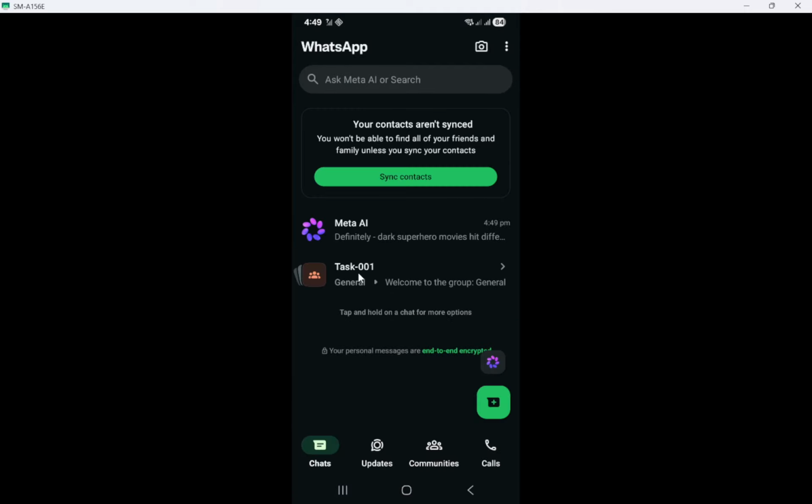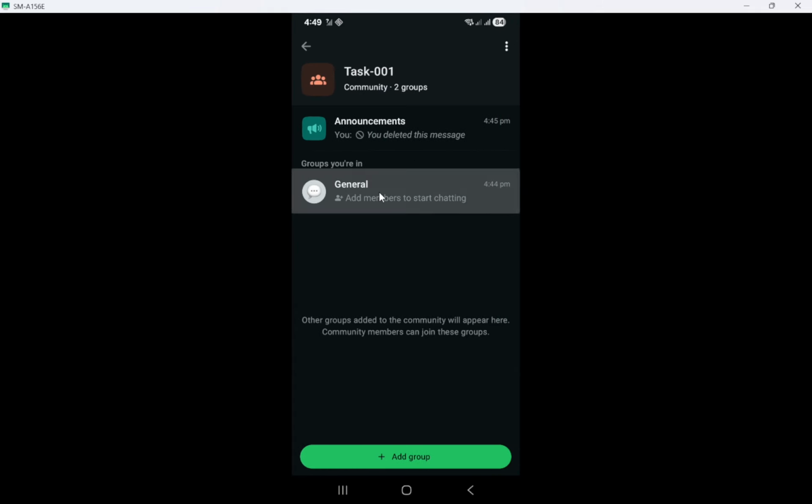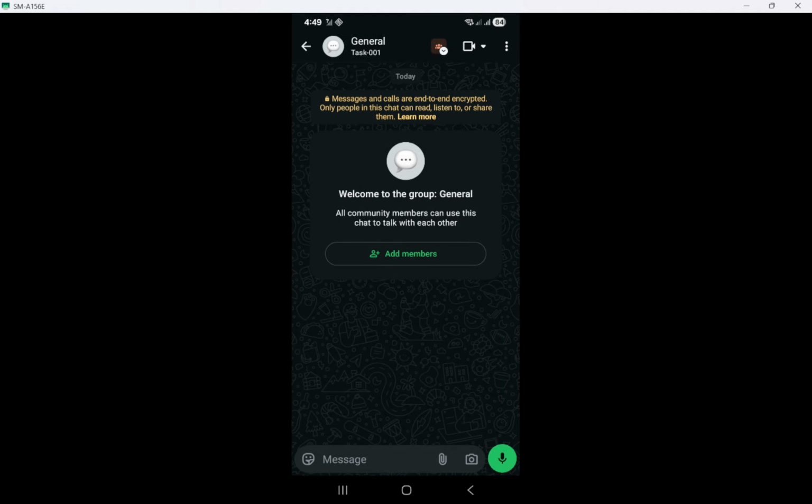You can also use Meta AI inside individual chats and group chats. Open any conversation in WhatsApp, then type @Meta AI followed by your question. For example, you might type @Meta AI suggest a weekend workout plan. Once you send the message, Meta AI will respond directly within that conversation. This can be especially helpful in group chats when everyone is planning something together and needs quick suggestions or information.